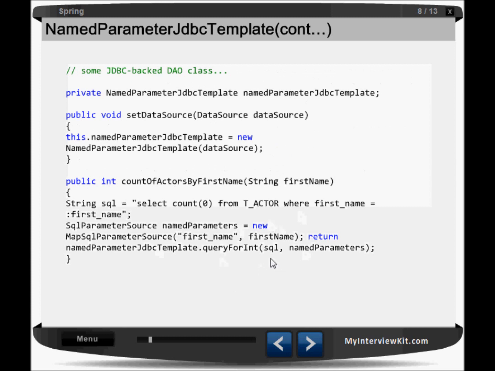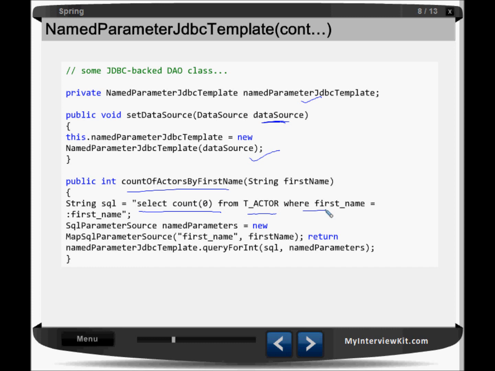Now you can see the code here. We have a name parameter JDBC template. We have just created one object for that, and we have allocated memory for this, right, with the existing data source. Let us say count of actors by first name. So we are writing that query: select count from actor where first name equal to colon first name, right?